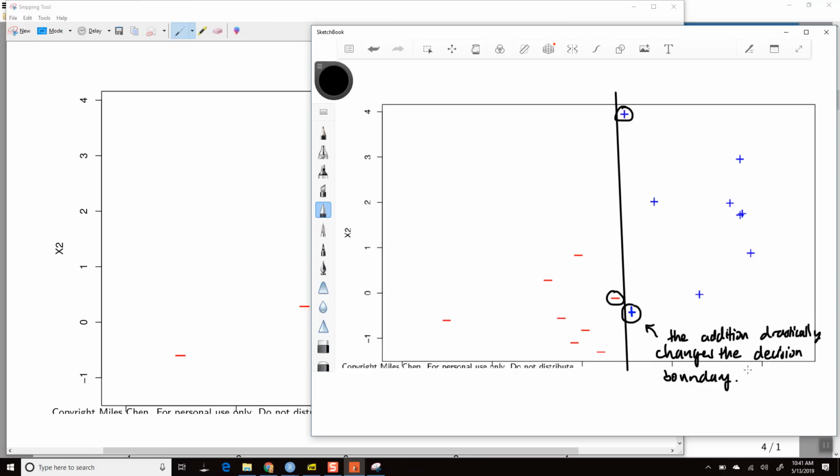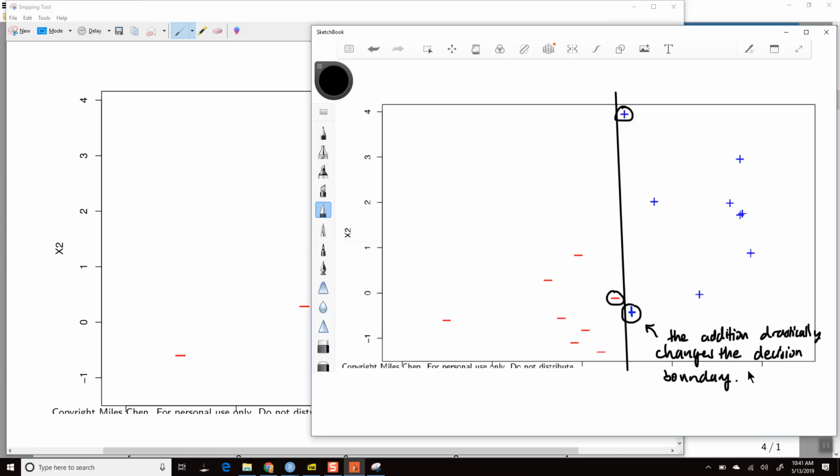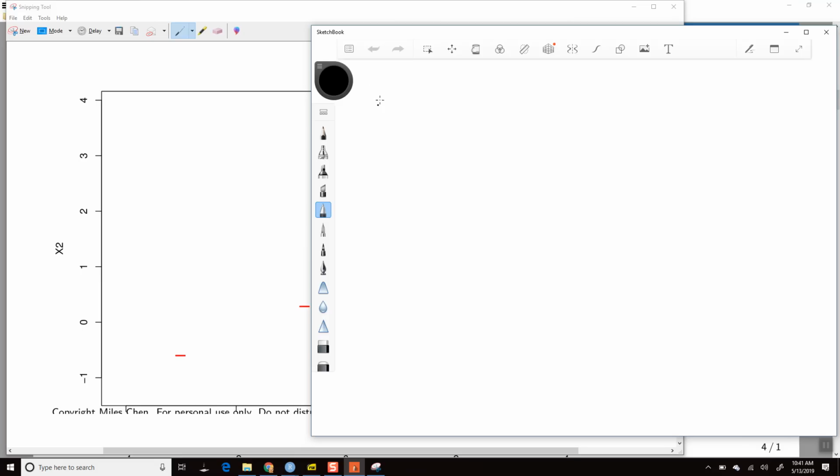Okay. So what we can do is, rather than saying the constraint when we optimize our margin, we can soften our constraint. So the hard margin constraint